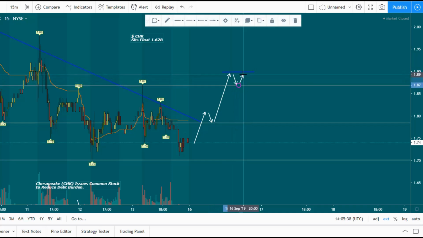And then what happens is this way I can get the best entry possible. So when we push above that pullback point, there's a very high percentage chance that the momentum will push us higher, because there's other people trading this. When they see it push past that pullback point, they realize that we're not going to go lower in this immediate moment. So what happens is that momentum picks up and kicks us up here,